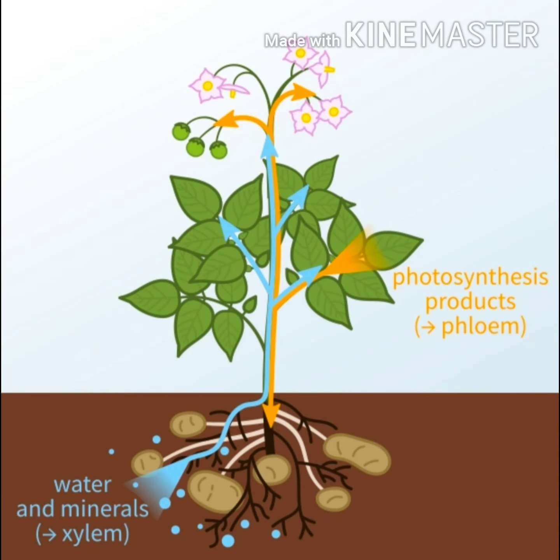Now, let us summarize what is xylem and what is phloem. With the help of xylem, water is transported from the roots to the different parts of a plant. And with the help of phloem, the prepared food is transported to different parts of a plant. And by now we know that both xylem and phloem are the parts of complex permanent tissue and components of vascular tissue. So this was all about complex permanent tissue and its different parts, xylem and phloem.